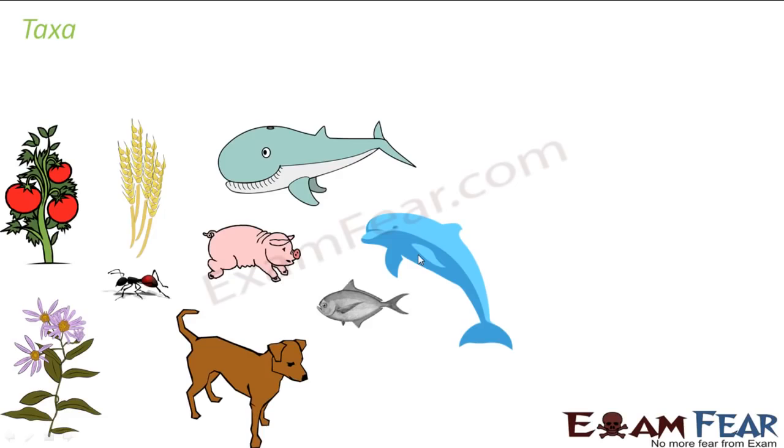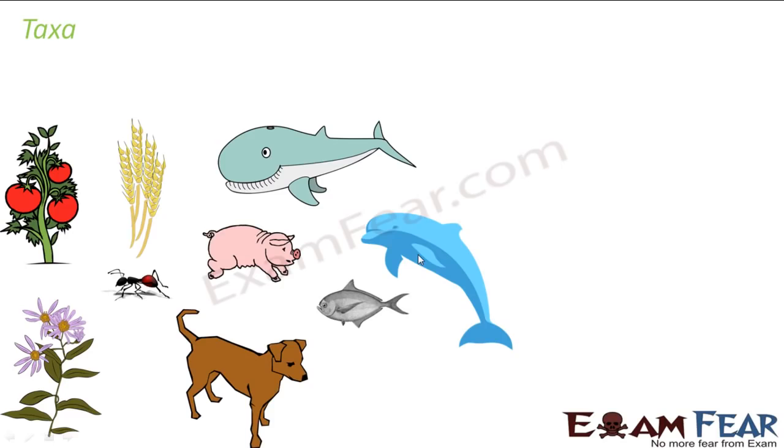Let us try to understand a new term called taxa, before we go ahead with the study of taxonomy. So taxonomy and taxa are going to be related, and this is again going to be a new term for you. Just now we spoke about classification, right? So now we understand why we need to divide living organisms into groups. Since there is a huge number of organisms on this earth, we need to name them so that everybody over the world can have a common name to call each organism. And that is why we need nomenclature.